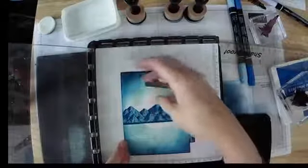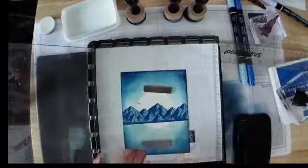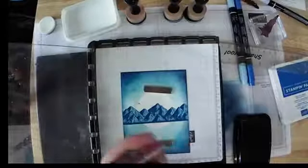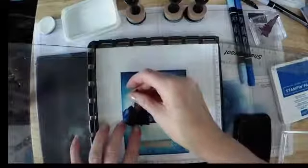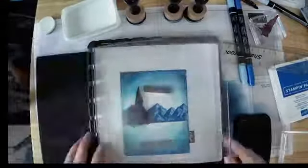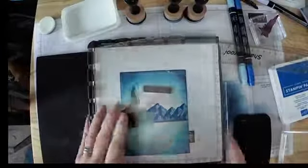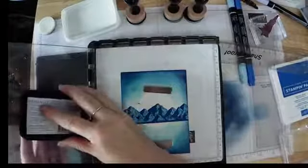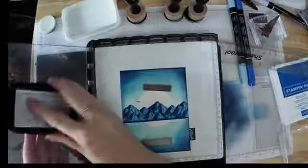Alright, we've got this down. Now I'm going to wipe this off because I'm wasting ink here. I'm going to sit this back down and use my lovely chamois. Okay, so we're going to take this little guy and put him right where we want him, just like that. There we go. And again, we're going to ink it up without trying to ink up our feet or our little